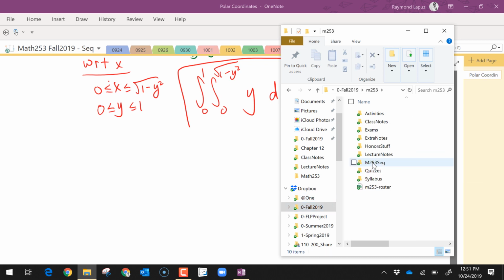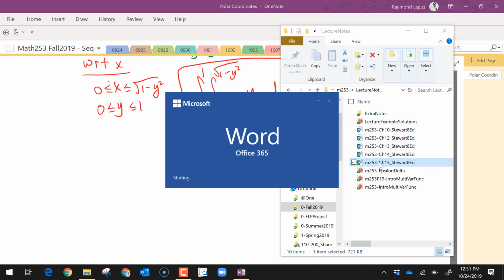Does that sound familiar? There's something with x squared plus y squared is equal to 1. And so if x is whatever x is,